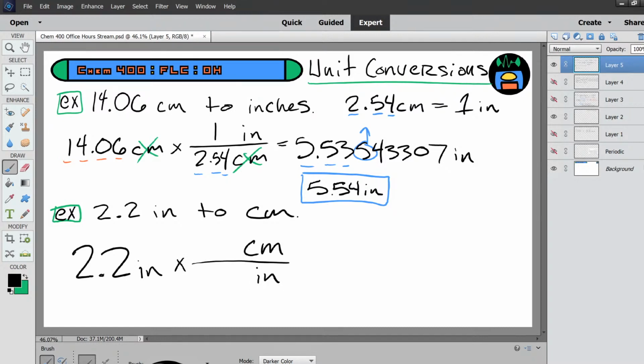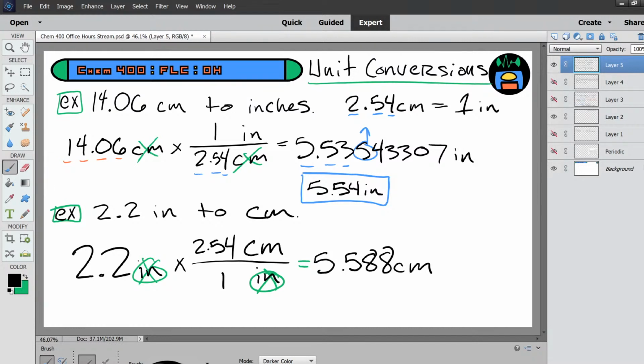We want to be left with centimeters, so that goes in the numerator. And now we know that 1 inch is 2.54 centimeters. Inches cancel inches, and we're ready to crunch our numbers. 2.2 times 2.54 is 5.588